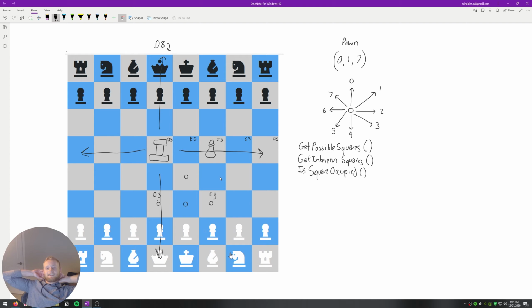But hopefully the way that we do it, if we add the logic for the pawn like this, hopefully that will be compatible for every other piece. So how does this work, say, for